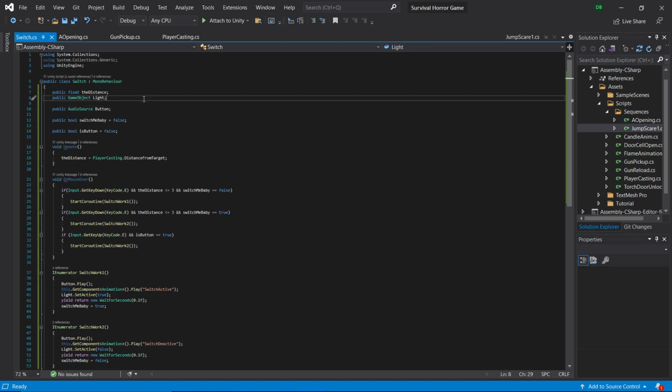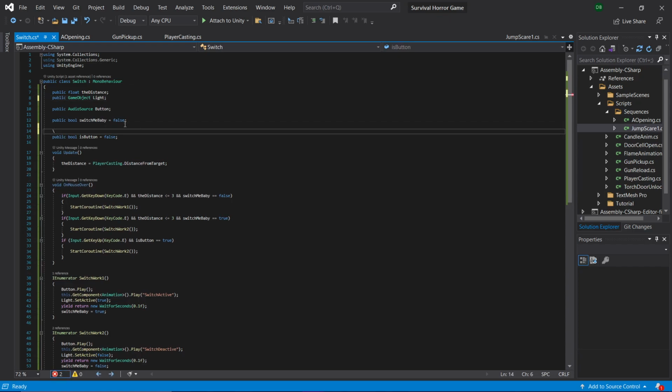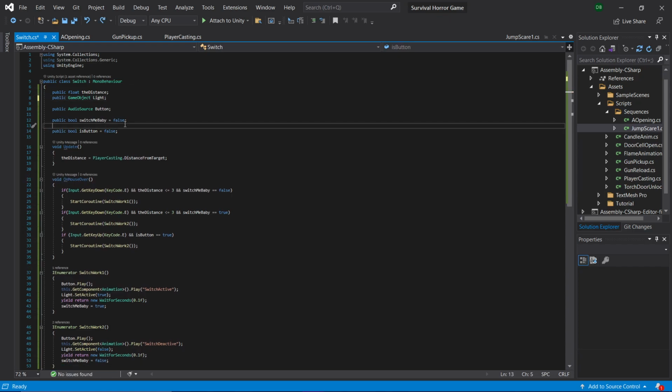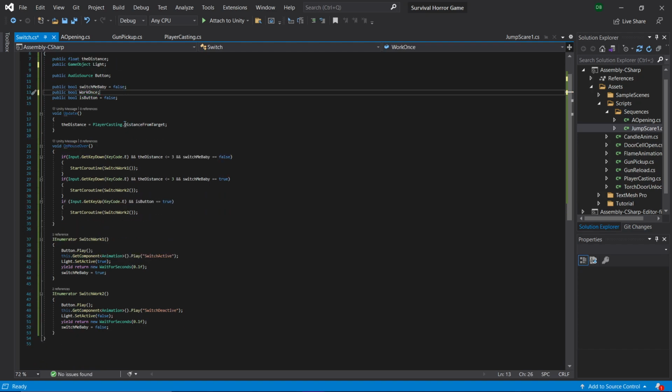We would want a public boolean named work once. Basically, this is work once. You want to create a thing where your button gets jammed. Voila, here you go: public boolean workOnce. It's going to equal false by default, so it'll actually work like a work once, meaning